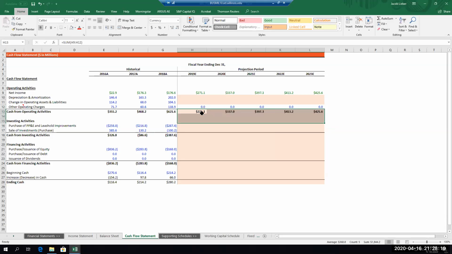I'm going to change the highlighting here since we have nothing left here. Purchase of PP&E and leasehold improvements. So this is like your CapEx or your leasehold improvements. We're going to calculate this later in the fixed asset schedule. So we're going to leave this blank. Same with the sale. I think we're projecting a zero